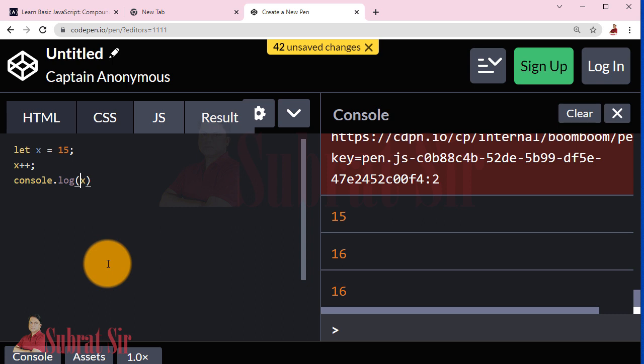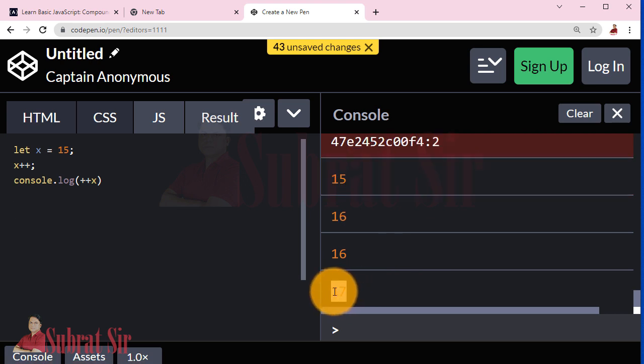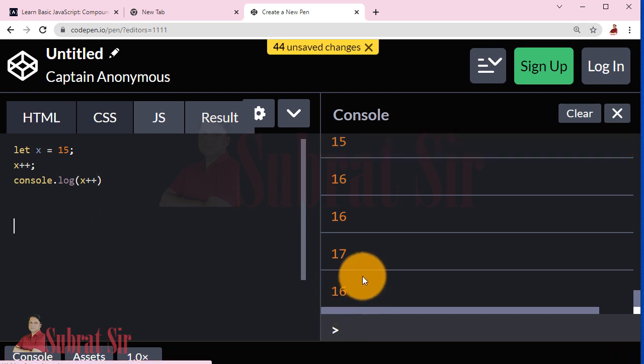Okay, let us do here. Suppose I am writing plus plus x, then I can see here 17. But if I am writing x plus plus, then I will see here 16. Why? This is called post increment operator. Means first the value of x will be used in this statement, then it will add 1 to it.